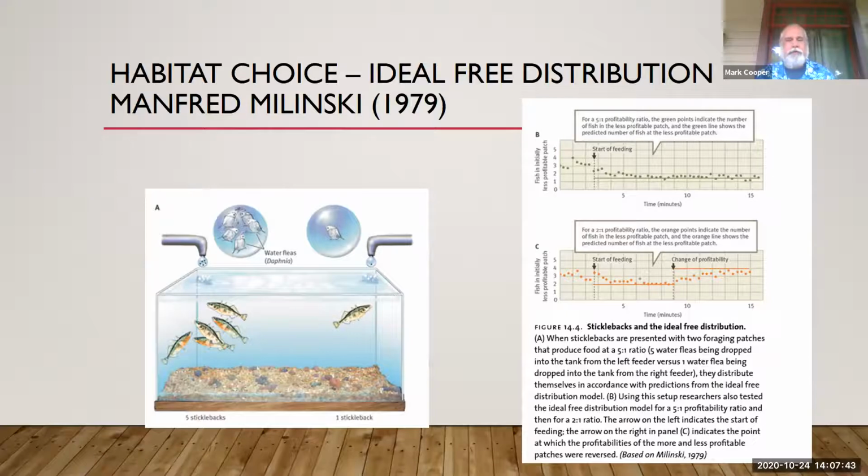It's something that we see over and over in animals. They quickly figure out what is the best place to be, and they kind of just even themselves out to the food. So very famous study. And he would change the numbers, change the profitability. If all of a sudden this became 4 and this became 2, one of these fish would realize, hey, there's less food over here, and they would pop over here and distribute themselves again differently.